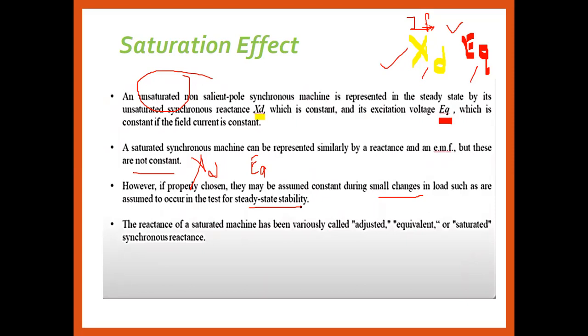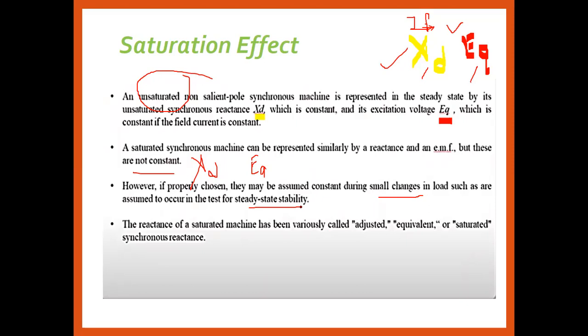Means what? Just take the example of a power bank. If you are providing a field current, that is, if you are providing power supply more than its rated value, means we have to continuously provide power supply to the power bank, and the life of that power bank will be reduced. Why? Because it is overcharged. If the motor is overcharged, oversaturation occurs. Saturation effect is generally occurred.